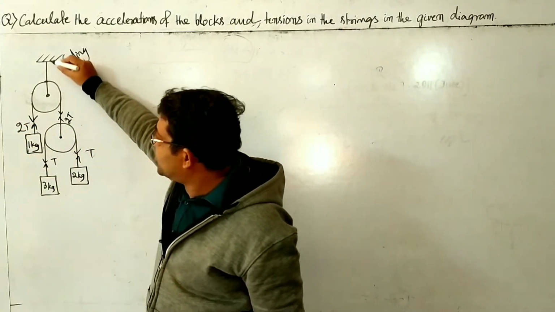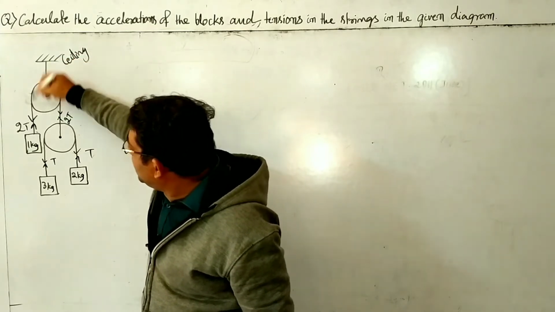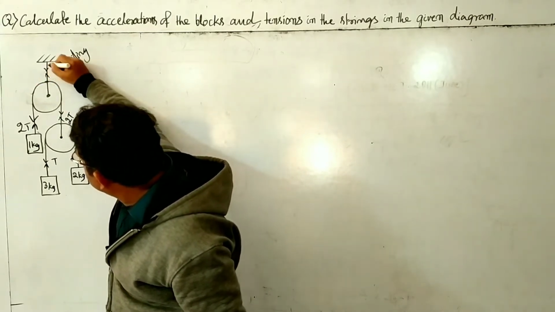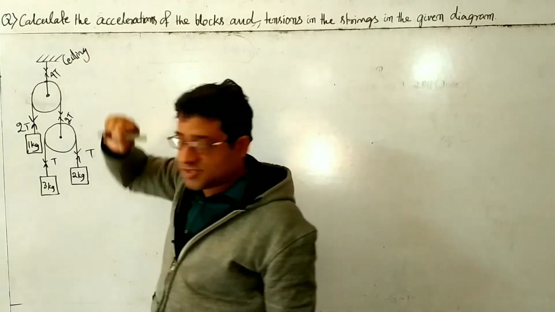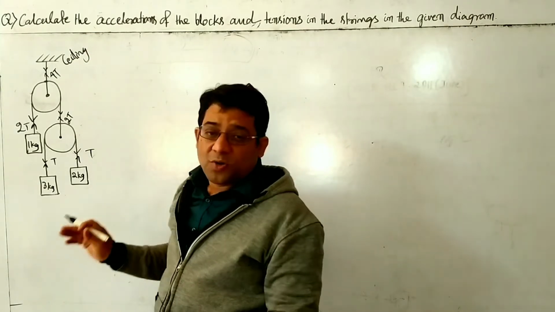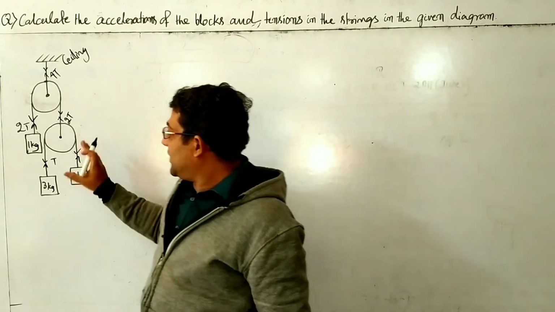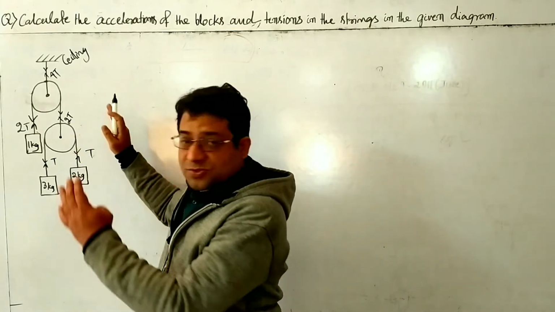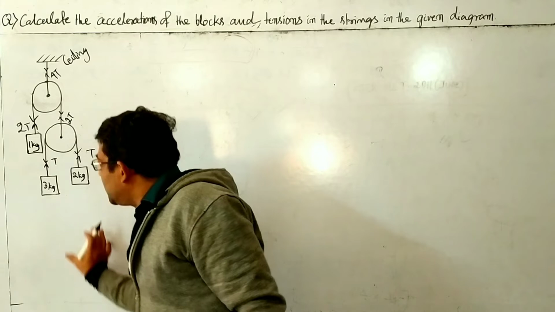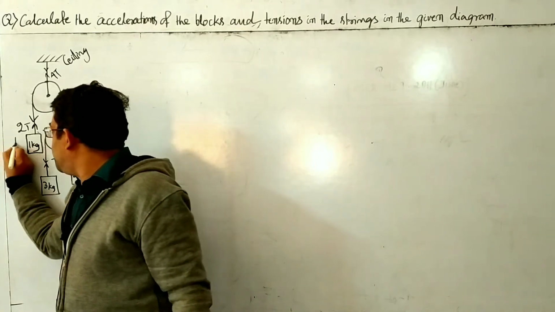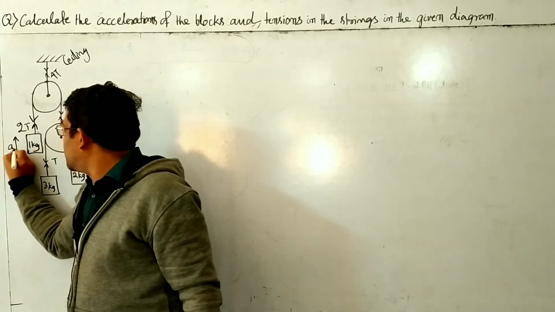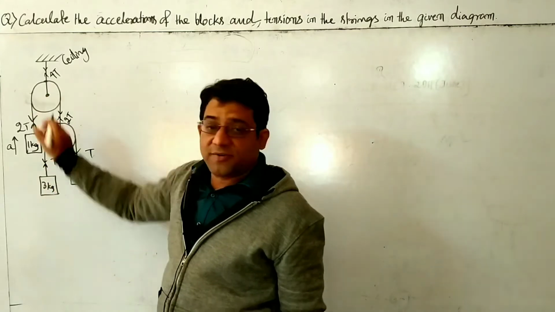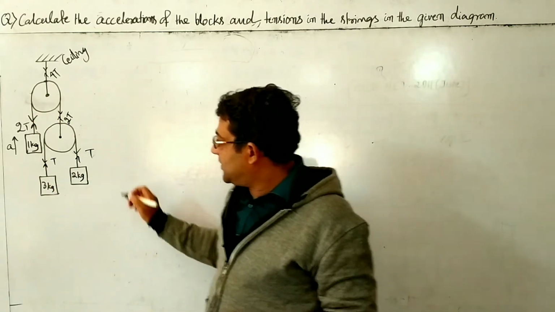Again this is a third string, right? Here 2T, 2T. With the same logic we can say that tension in this string is 4T. Now come to the accelerations. Let us say, for the time being, you think of 3 plus 2 kg as one system, this is heavier, it is coming down, and this is going up. Let us say this 1 kg block is moving upward with acceleration A.